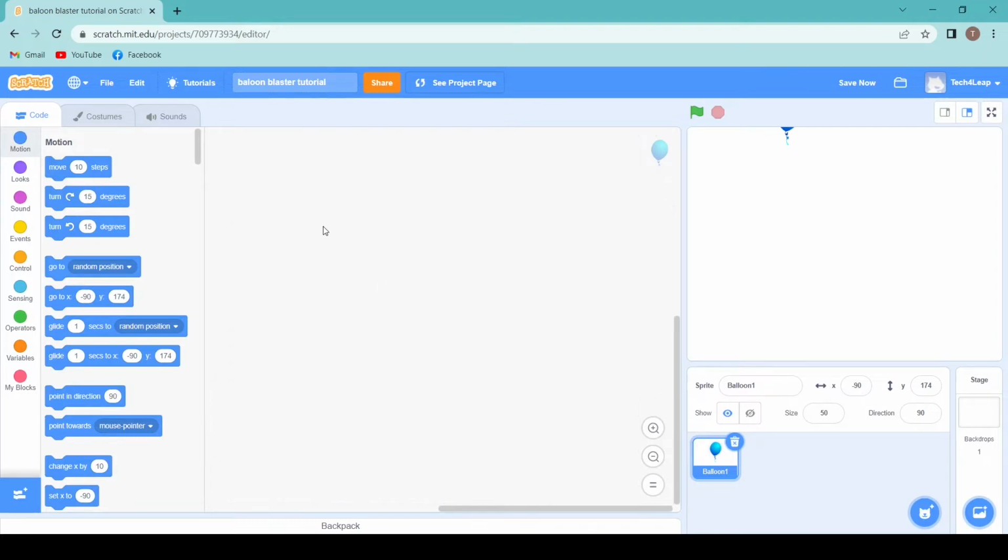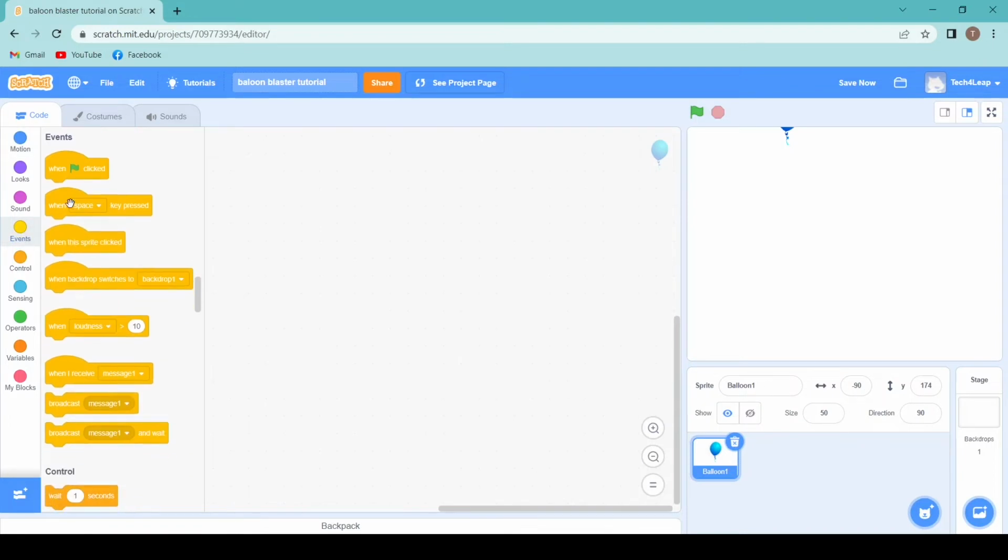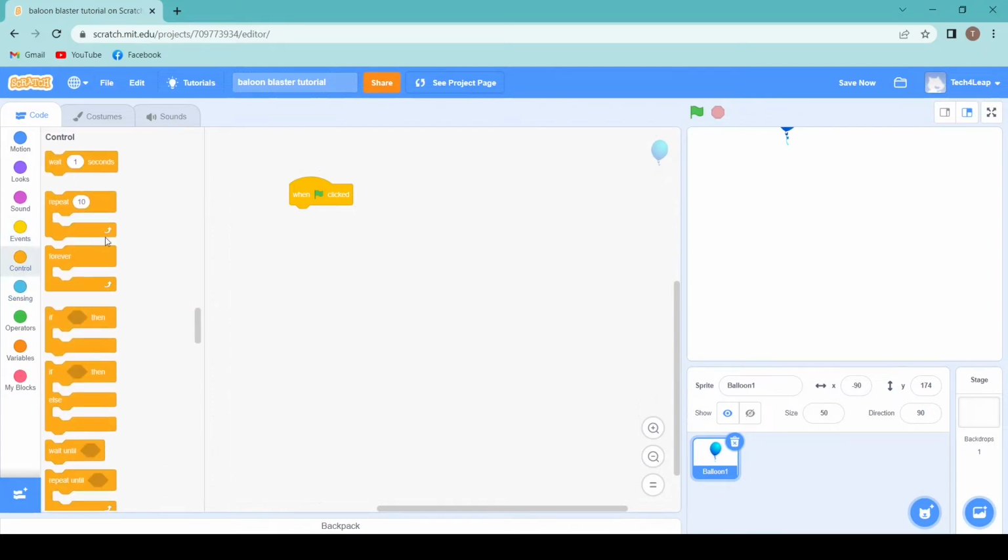How to do that? Let's go to events. When flag clicked, okay. Now we want multiple balloons to keep on coming. It's not just one balloon that will come down and it will get over. So we need to create clones over there. To do that, we need a forever loop, and in that we will create a clone